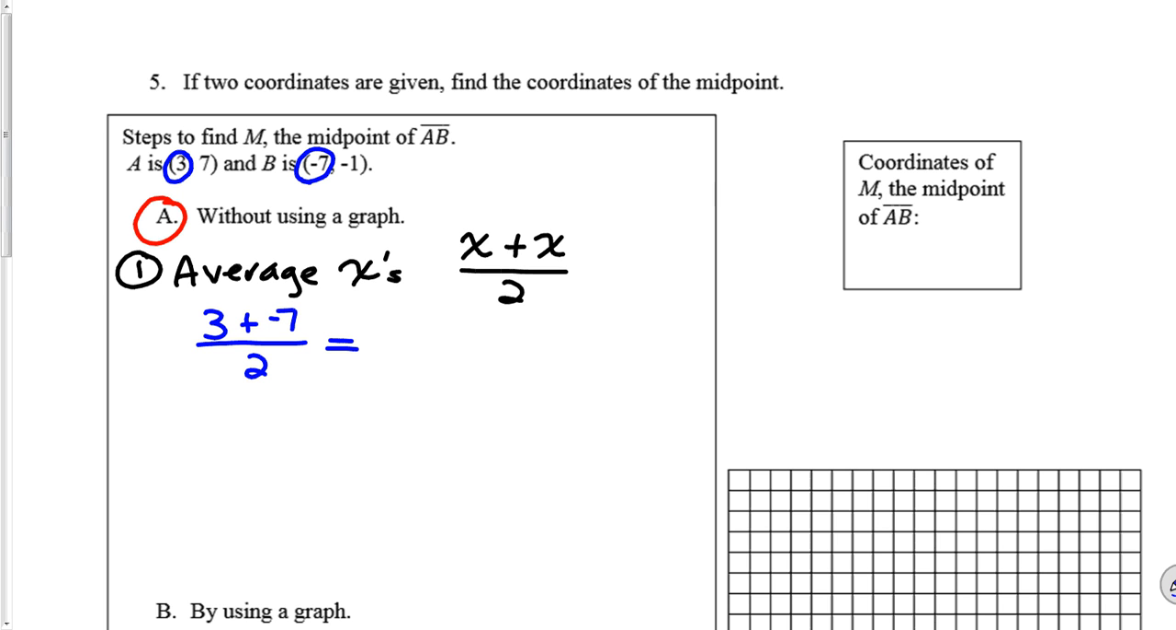3 plus -7 is -4 divided by 2, and that simplifies to -2. Next, we're going to do the same thing with the y's. We're going to average